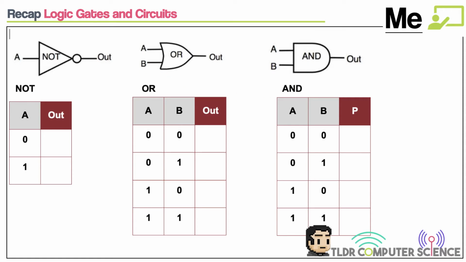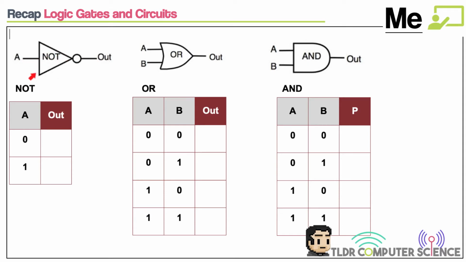Something that we see that's different on the NOT gate as opposed to the OR and AND is that it has how many inputs? For the NOT gate, it has one. It has a single input. They all have one output. With an AND and an OR, we have two inputs. That one input going into the NOT there,